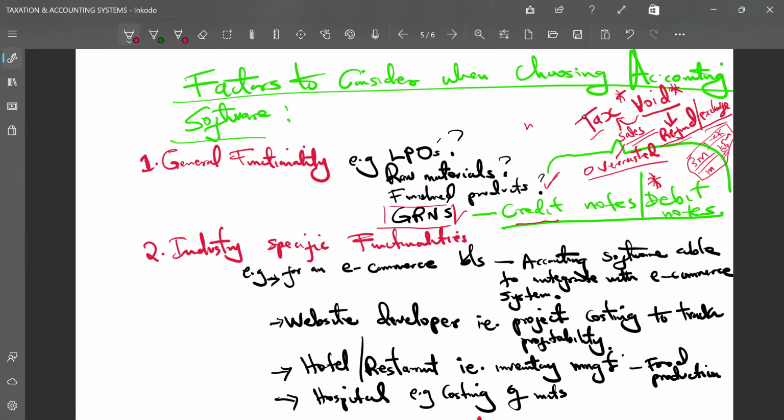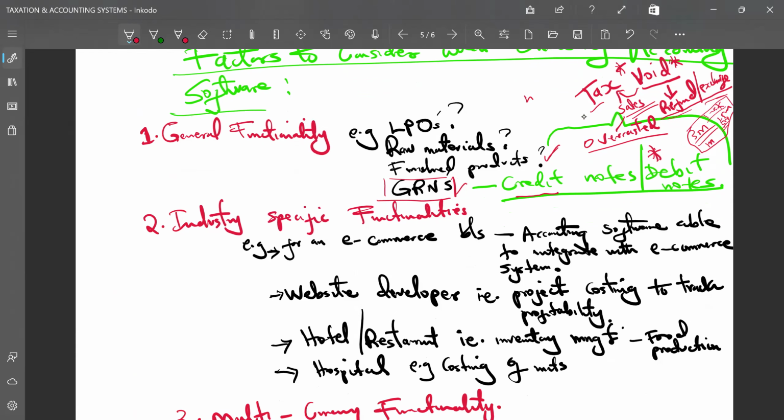At the end of the day, you realize you are not really convinced that your reports are correct. So you are always struggling to understand why your system is not clean, why it's not giving you correct records. Now, these are some of the areas where you need to look. It will answer all those dilemma questions that you have. Now, that is factor number one about considerations before choosing an accounting system, or to see the functionality of your accounting system. That was about general functionality only.